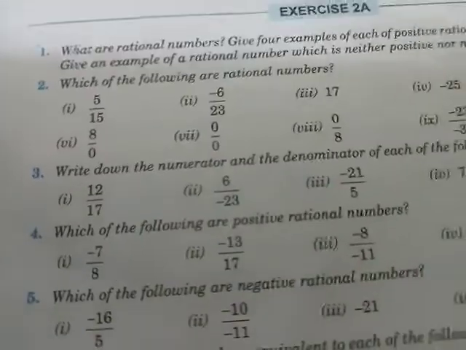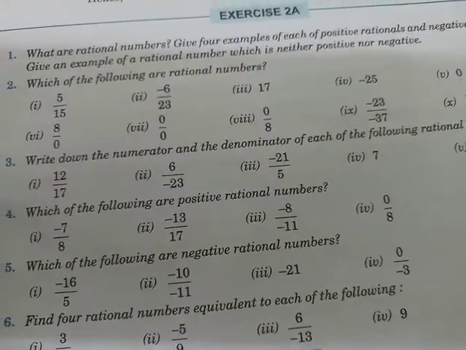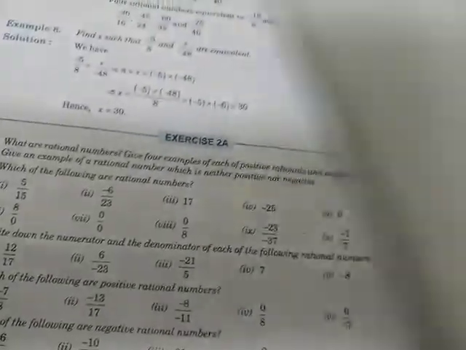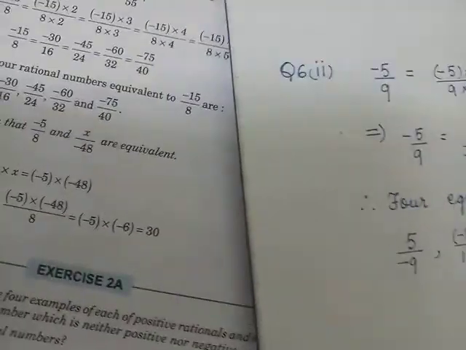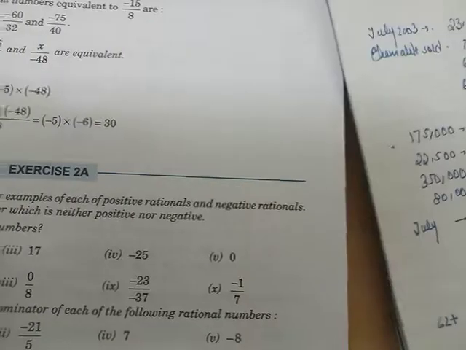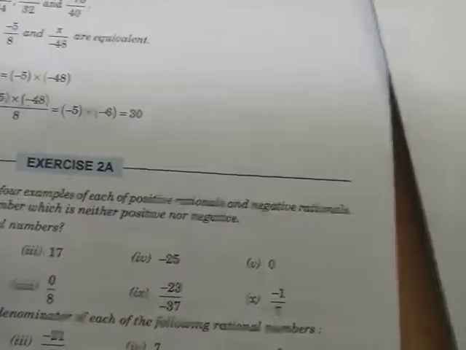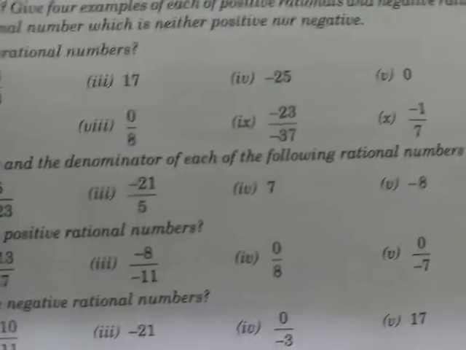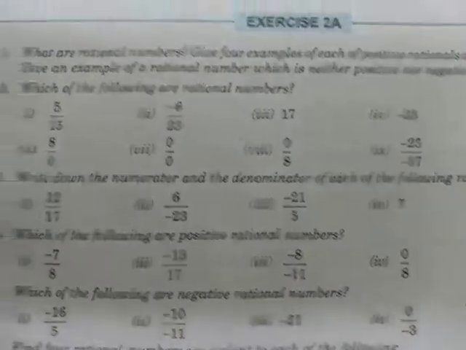Before we start with question number 3, I'll give you the way of presenting question number 2, which of the following are rational numbers. Whenever we have such questions, this is how you are going to do it in your copy. Write the question number 2. Do not forget to write the question line. Copy down the question line, which of the following are rational numbers. So write rational numbers.